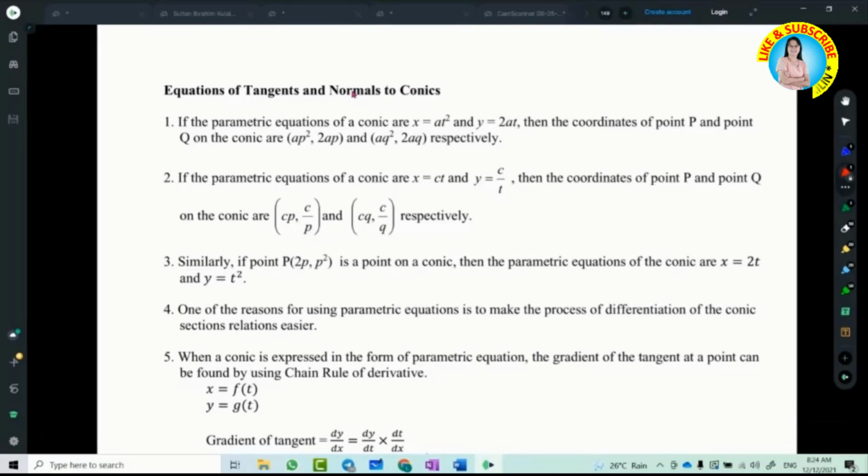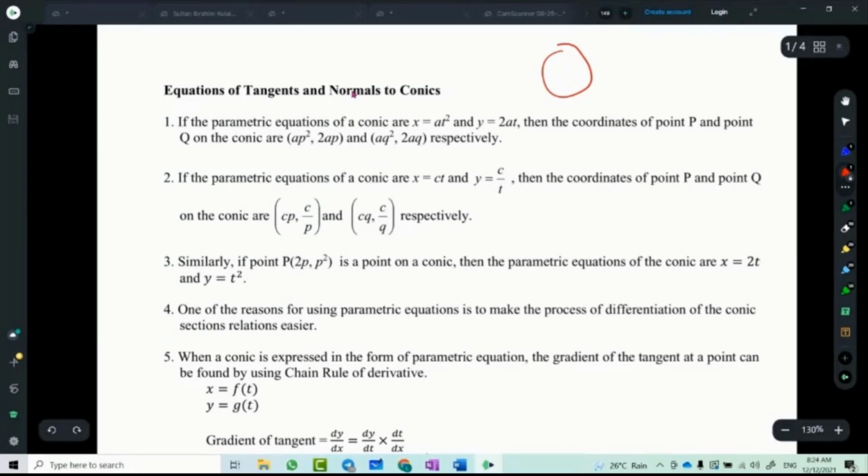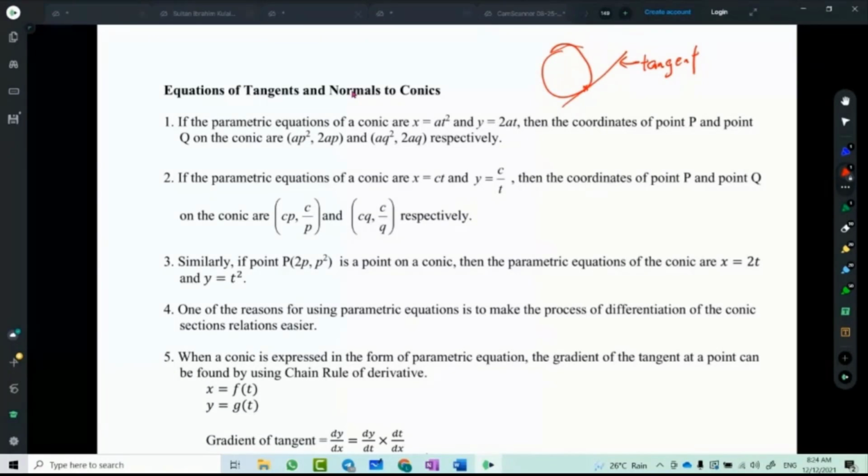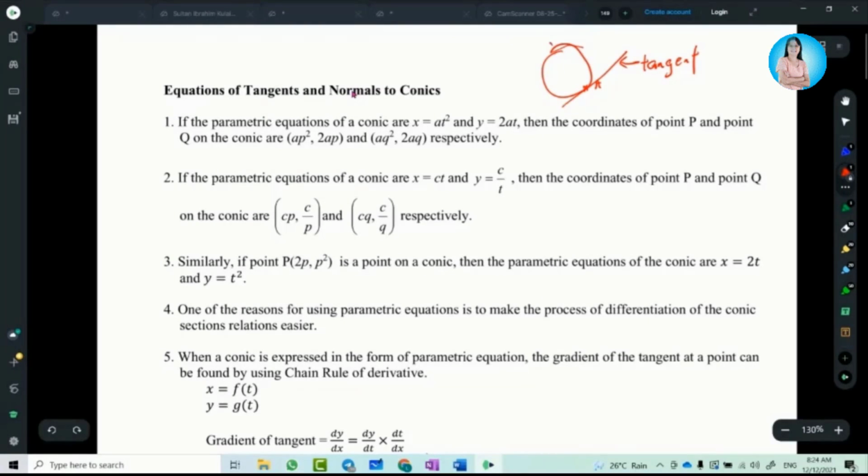Okay. At that time, awak belajar tangent and normal dekat mana? Dekat circle ya, sana? Yeah, I remember. Okay. You belajar, this is tangent, circle. Ya, semasa awak belajar circle. Okay. Then normal. Yeah, that is a 1 point here. Tangent touch the bulatan at 1 point. 1 point only ya belajar. Then normal adalah satu garisan 90 darjah. So this is normal.